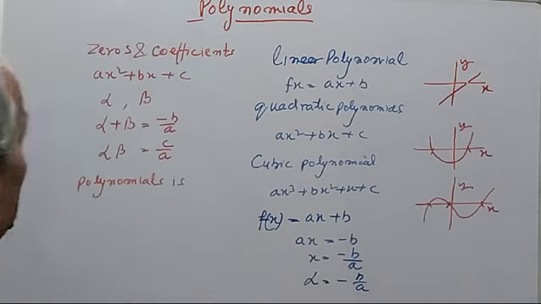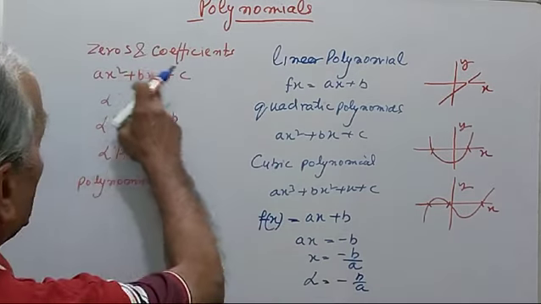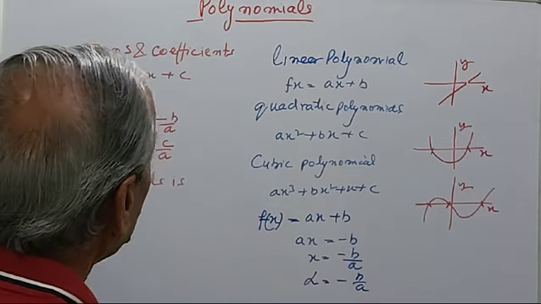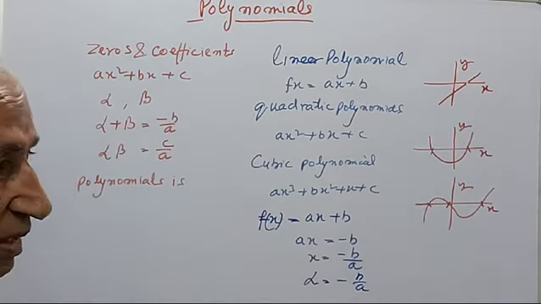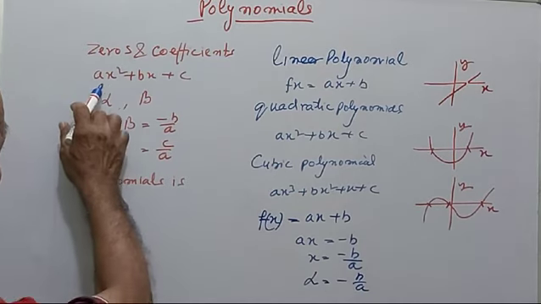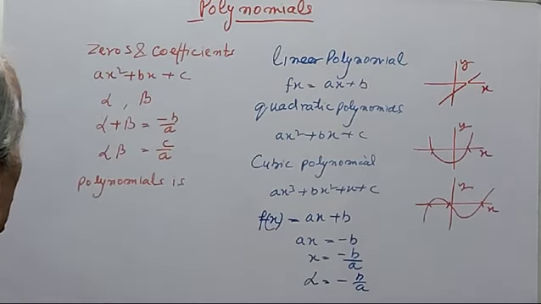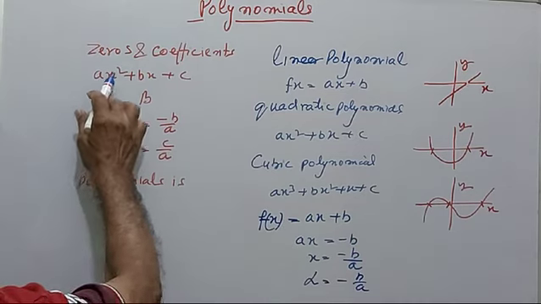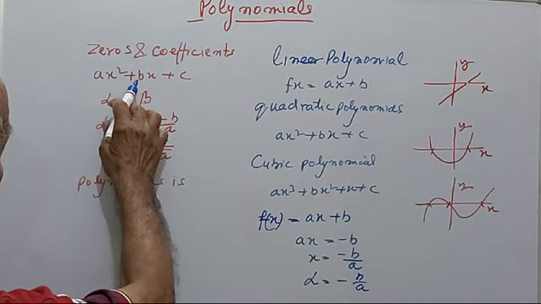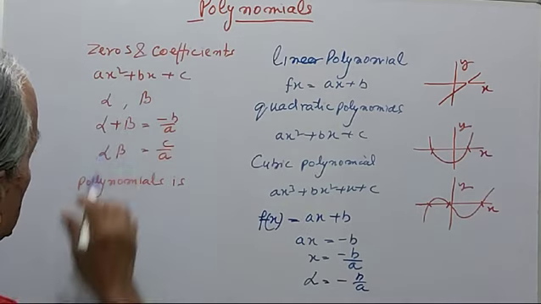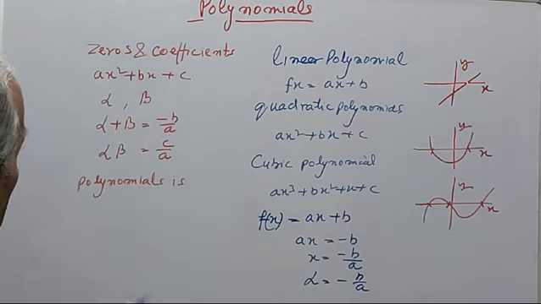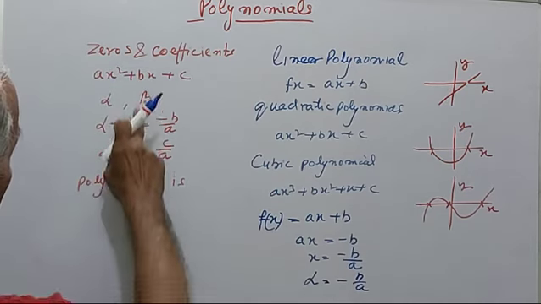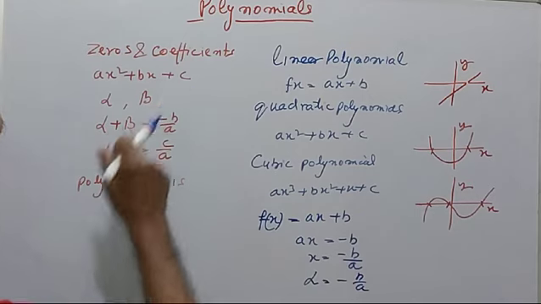Now we take a ratio of the zeros and the coefficients in a given equation. You see, what is a coefficient? A coefficient is any number attached to the variables. If we take ax square plus bx plus c, here a is the number attached to x square, b is the number attached to x, and c is a constant term. Now here a and b are the coefficients. A is the coefficient of x square, b is the coefficient of x, and c is a constant term